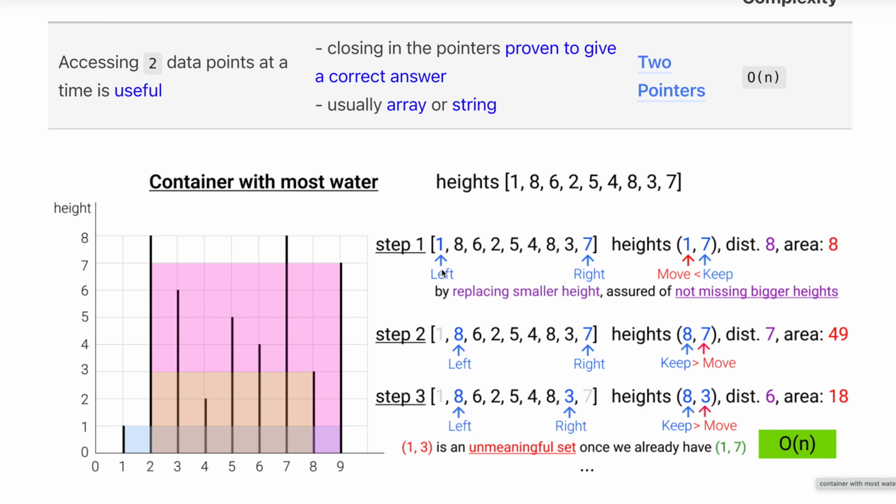For step 1, we start the pointers at the leftmost and rightmost positions, and we got 1 and 7. The distance between 1 and 7 is going to be 8. That is 9 minus 1. We're going to need the height to multiply it with the distance to get the water area that we have for